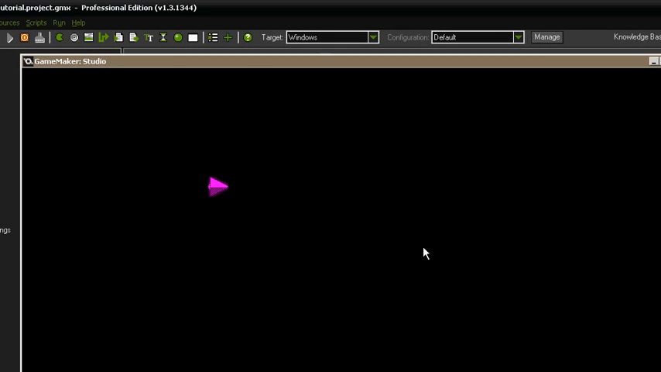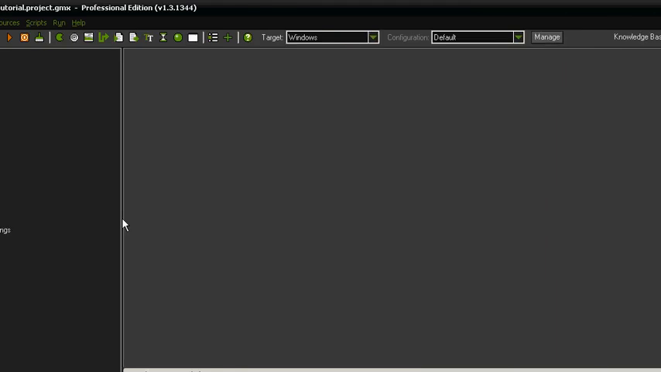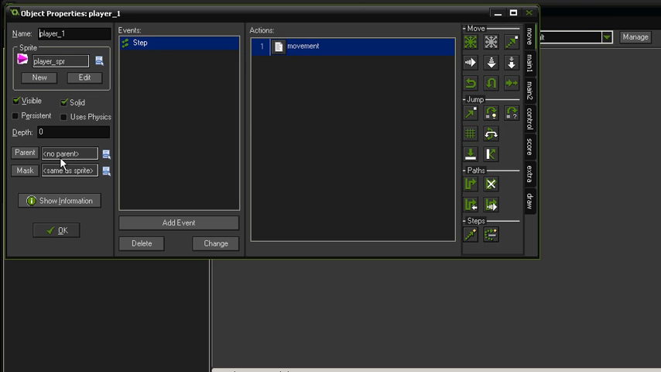You'll notice when you test the game and the controls that the player can go off the screen. So what we need to do is go back into our code and create some limits to stop that from happening. Let's close that down, go to the player object, double click on it, go to our code,